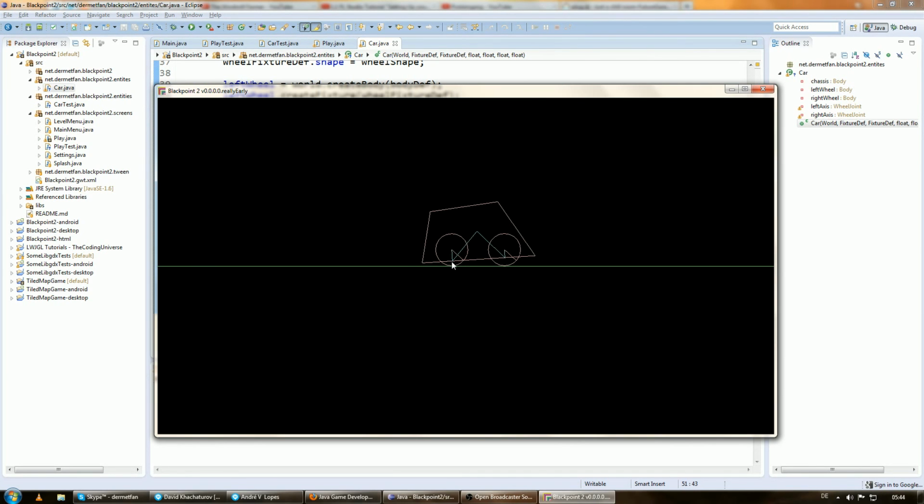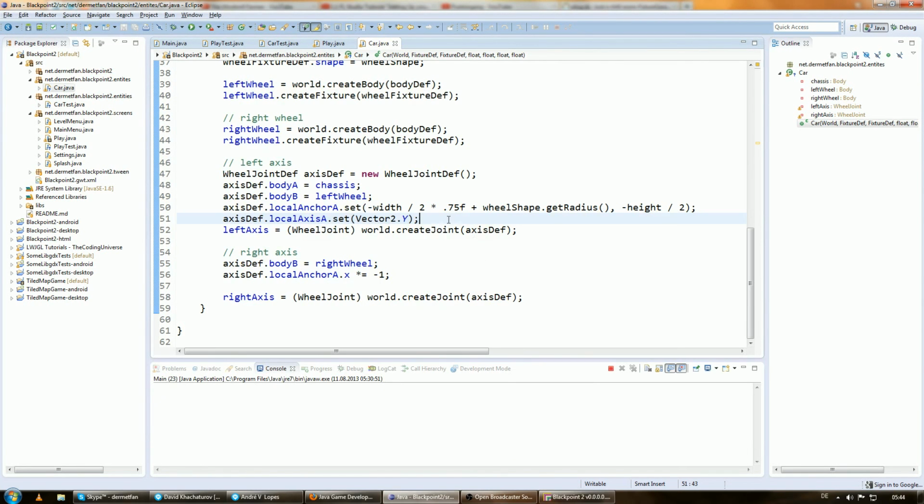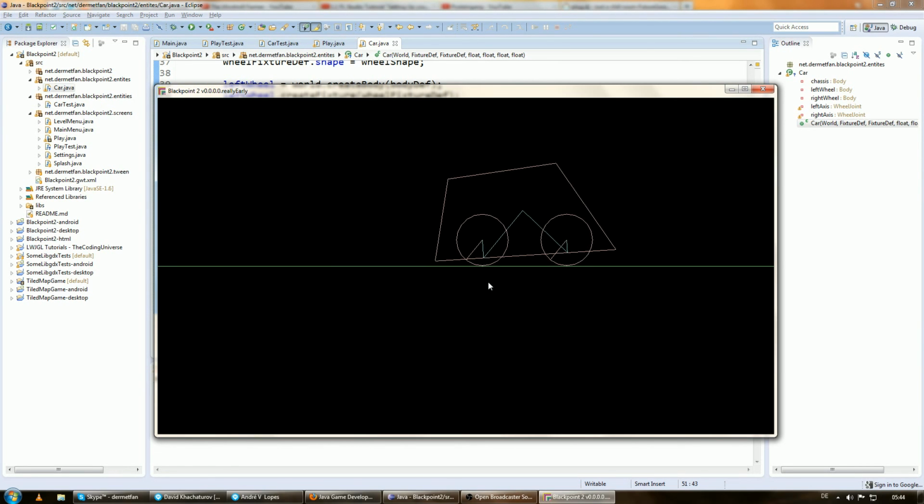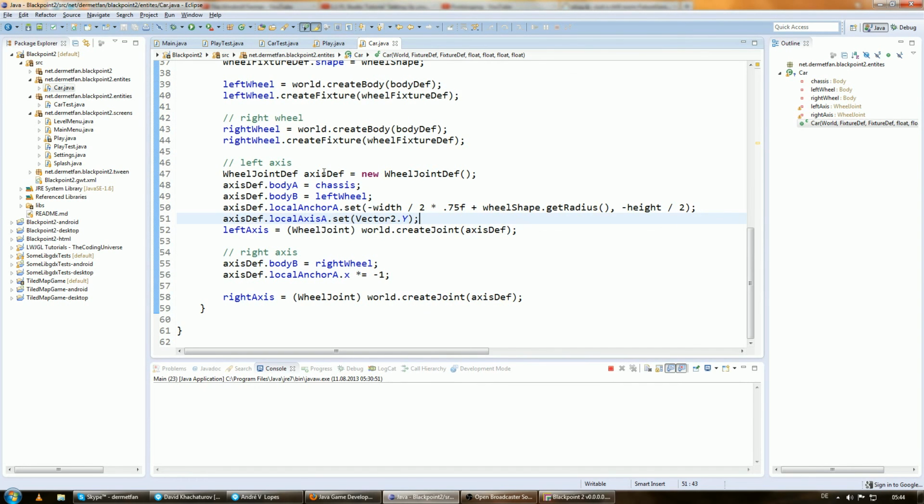But what kind of axis is that, that can't even hold the car? And not really useful to drive on. So let's go ahead and at first move this point down a little bit, so they have more room, more space to rotate and do whatever wheels do there. This is the line where we set the local anchor A of the left axis of the axis definition. So let's just go into its y value and subtract some more, like actually say